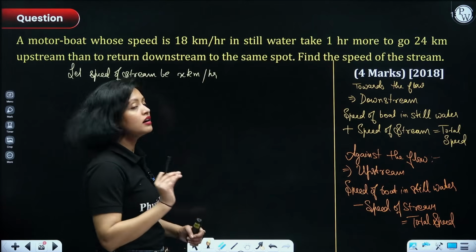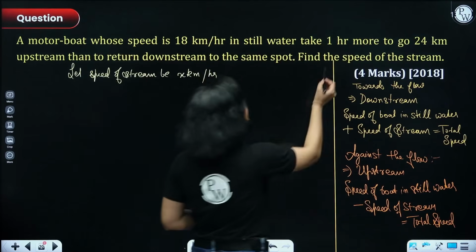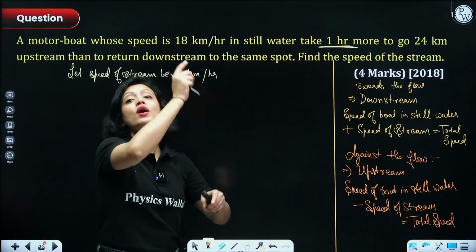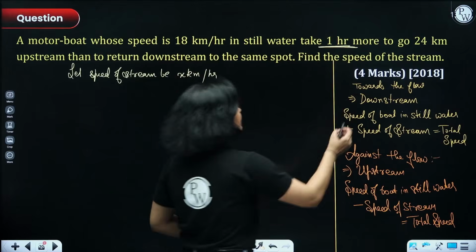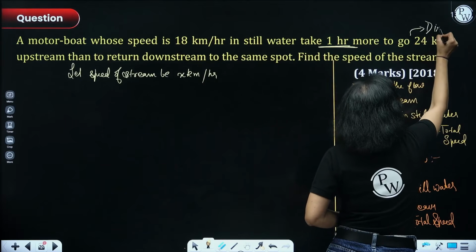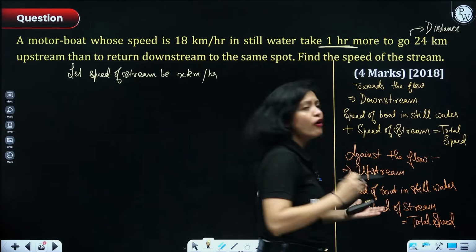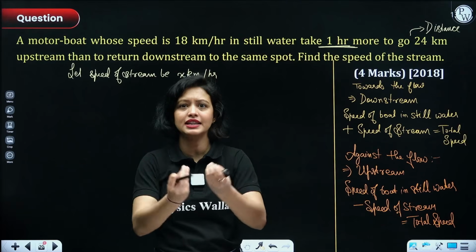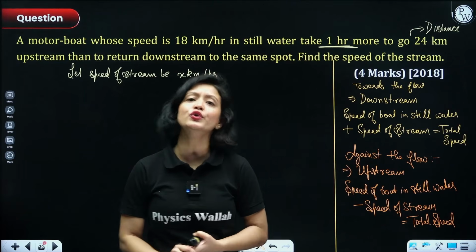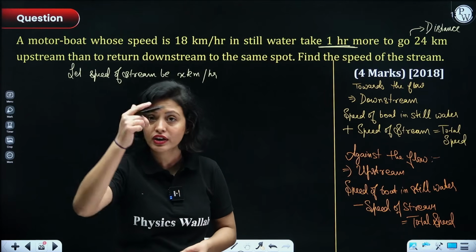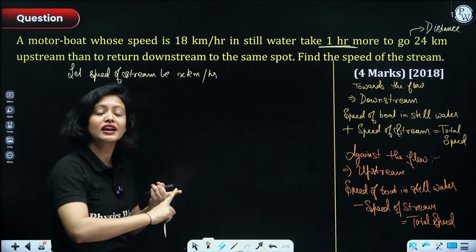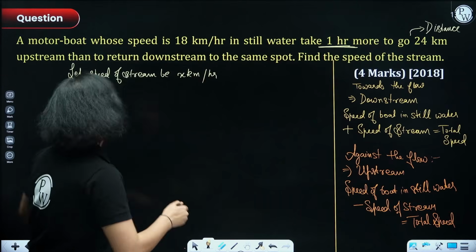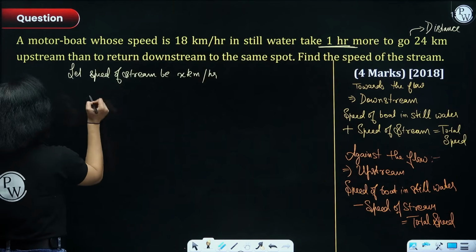Ab everyone, the relationship is given between time. Again, time, guys, can you see? Ki, matlab the boat would take 1 hour more to go upstream than to come downstream. And distance is given. Remember, when distance is given and the relationship of time is given between two situations, and the two situations are connected by time, their time difference is given. So in this case, what do you do? You figure out the original speed and everything. So either you will figure out the upstream speed and the downstream speed, because their time difference is given, 1 hour. Hai na? Chalo. So first of all, let's start by figuring out upstream speed.